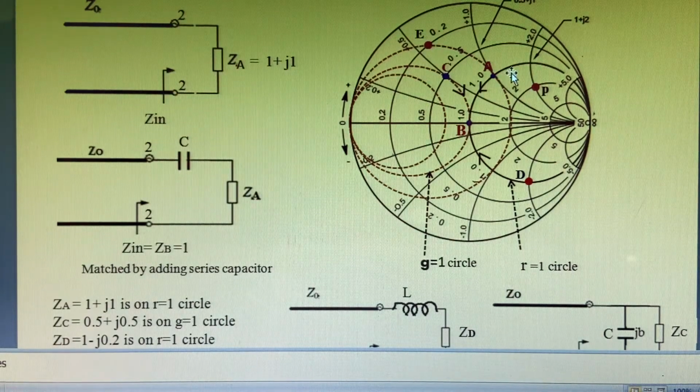the impedance point is not on the R is equal to 1 circle or the G is equal to 1 circle, then for example a point like this point E, to get an impedance matching, from the load point we are moving on the conductance circle like this, either in the anti-clockwise or the clockwise direction, or over a resistance circle like this passing through the point. Either you can move like this or like this, but our intention is to reach the center of the Smith chart. But if you observe this point E, there is a resistance circle passing through the point E.